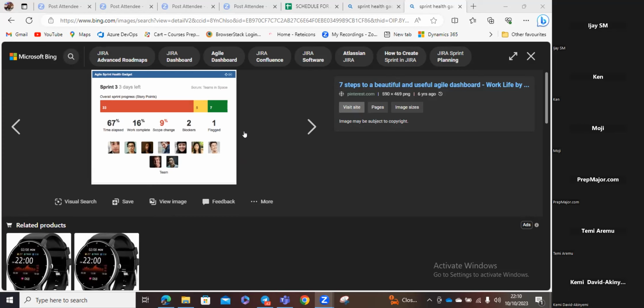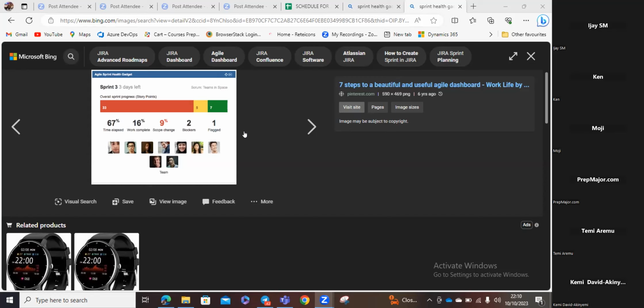So this is what we use in Jira to show our sprint health. However, it's just a plugin, just a gadget. All I'm going to do is go to the dashboard, get this gadget and put it there, the same way you bring in your burn down. However, I can also read most of this from our velocity or our burn down chart. You can read it from other charts too, but it will not come in this format to show you everything at a glimpse. You understand?